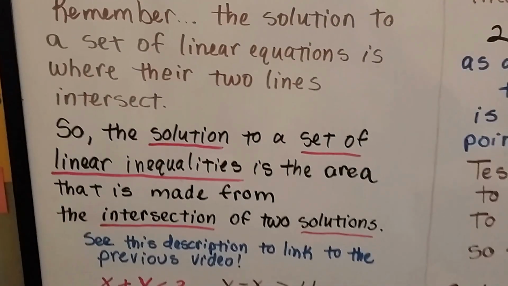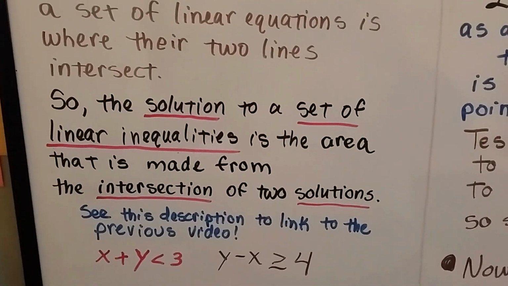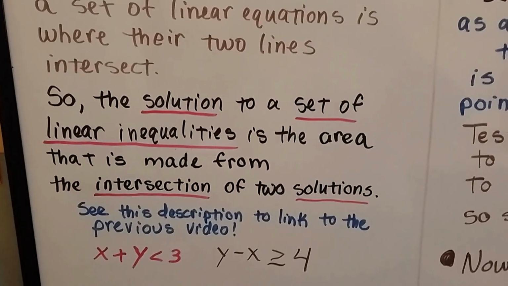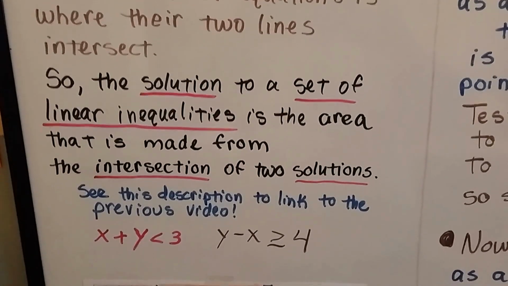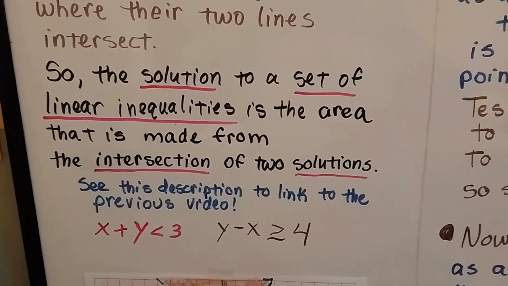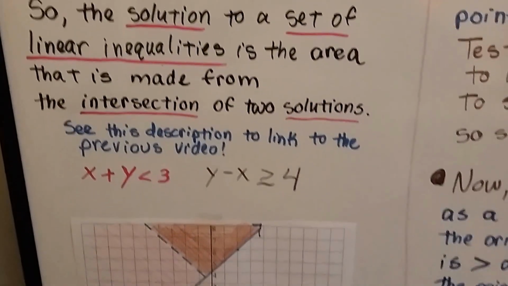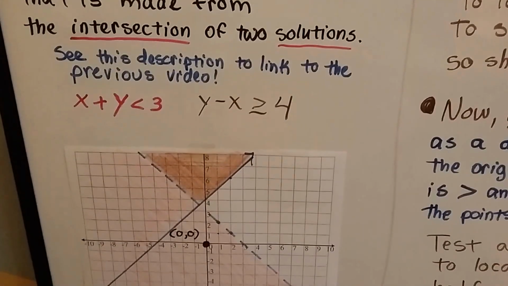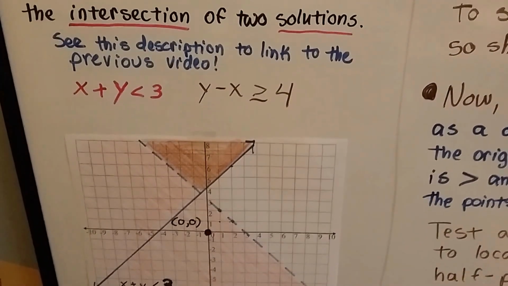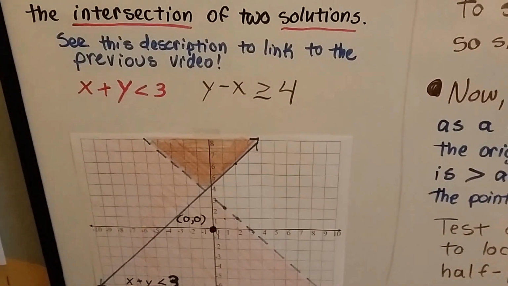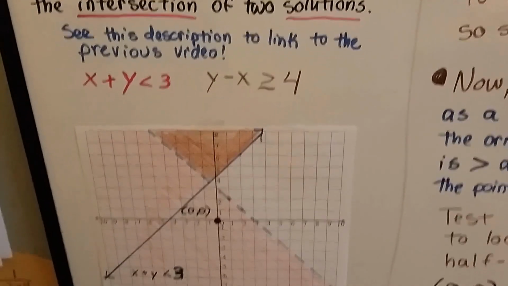So the solution to a set of linear inequalities is the area that is made from the intersection of two solutions. If you're confused, see the description for the link to the previous video. That'll help you, okay? And if we have x plus y is less than 3 and y minus x is greater than or equal to 4,